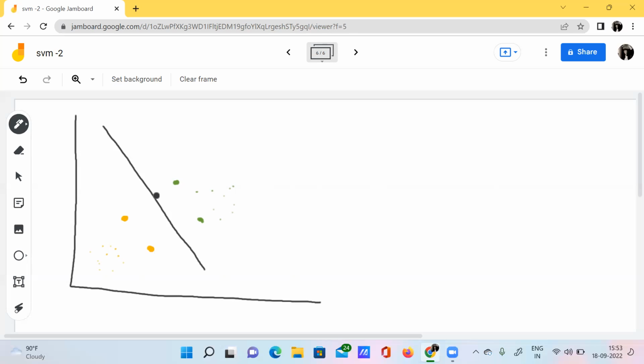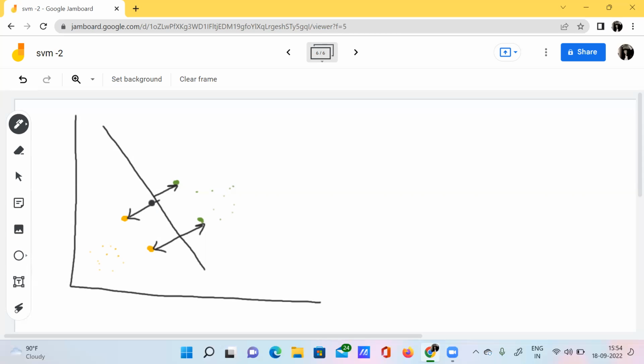So if you compare here, see here, the distance between the hyperplane and this data point and the distance between this hyperplane and this data point are actually the closest. And in this particular yellow category, the distance between this data point and this hyperplane is at the minimum level, right?